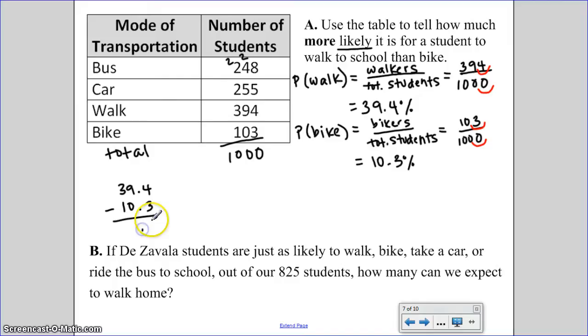And that, once I drop that down, is 29.1%. So that means it is 29.1% more likely for you to walk